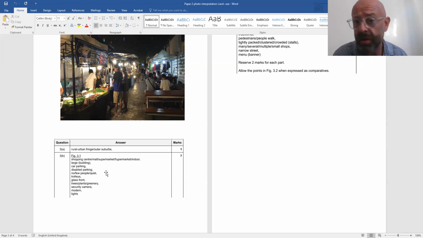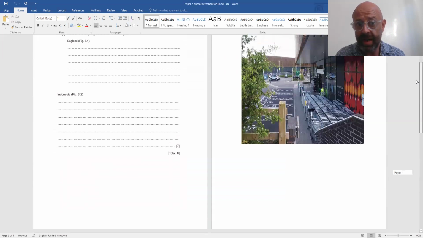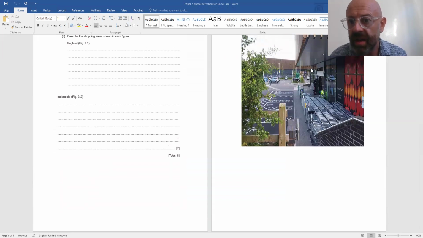But I only need to find three, maybe four. There's about 7 options there. If I'd identified three of them from that picture, I would have got nearly maximum marks. Okay, the lights must be these things at the back. They've got lights here. All right, glass front. Wow. Okay. But those descriptors fall in line with a modern urban development on the edge of a town or